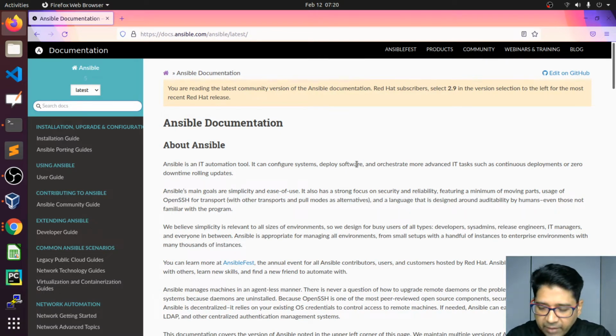Hello, good morning, everyone. So, we are going to talk about Ansible Playbook today, and we will see what are the elements we have to understand